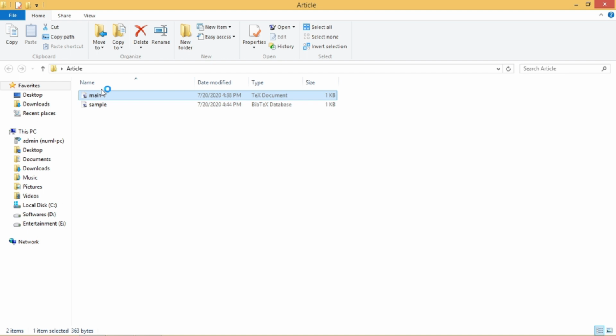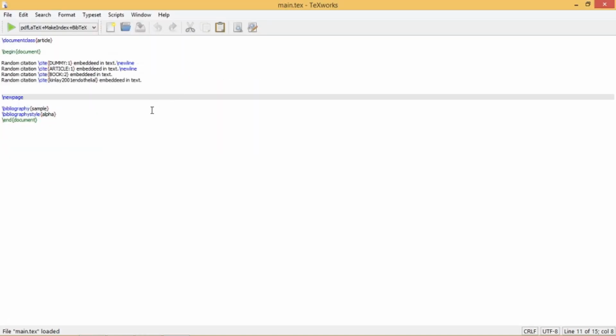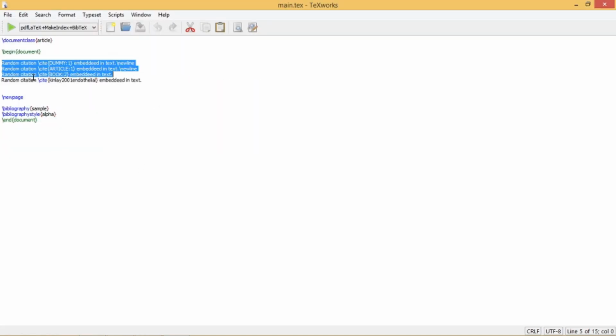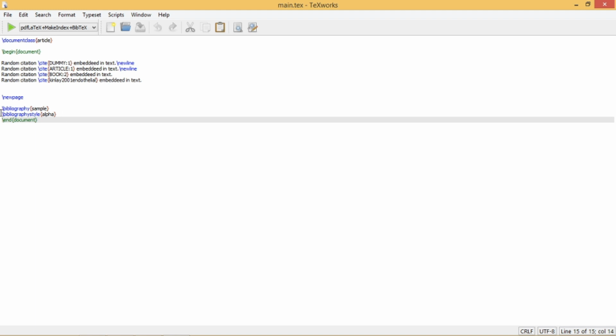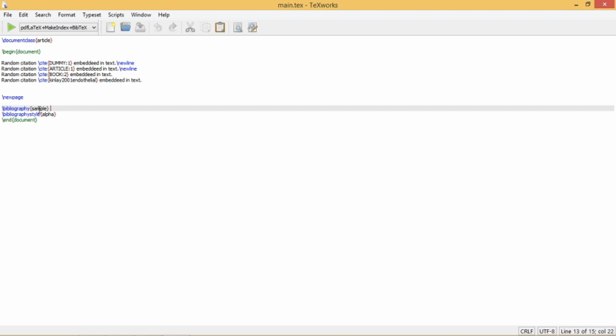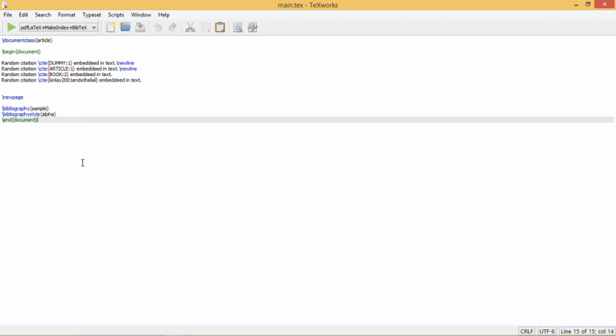So let me open the main file of my article in which I have just cited a few of these references only. I have just written 4 lines in which I have just fetched the record from this file and displayed the results. So friends, in the second step, this is actually the second command in which I have just mentioned the name of the file that I have created, which is actually a bib database file, \bibliography, curly brackets, and then mention the name of your file that you have set before.